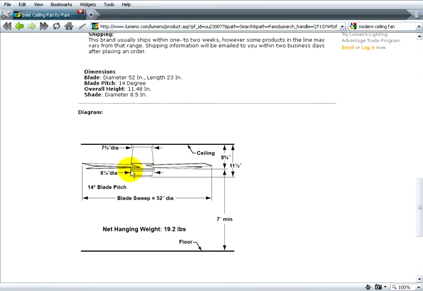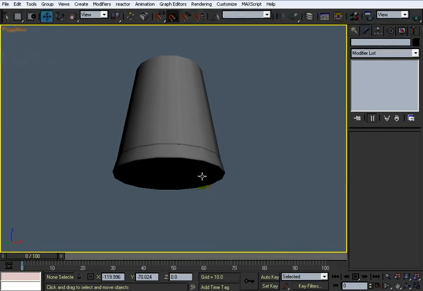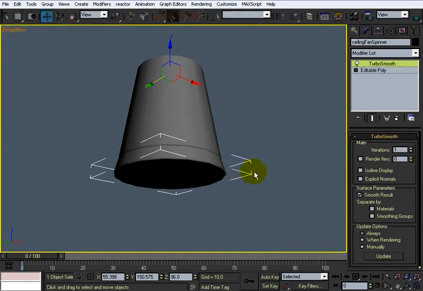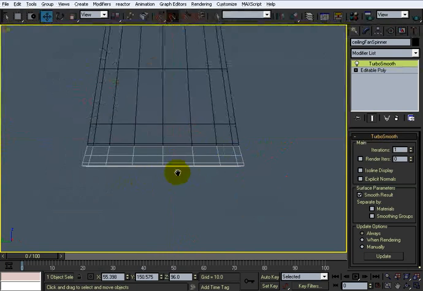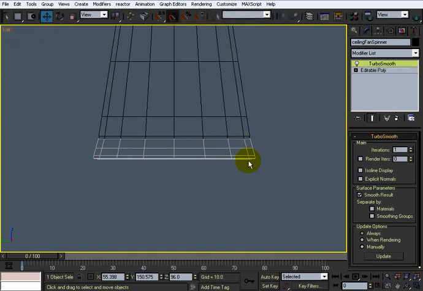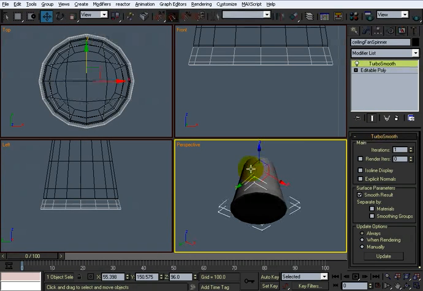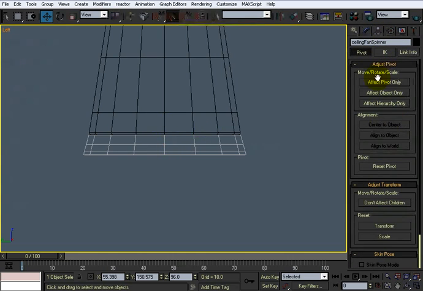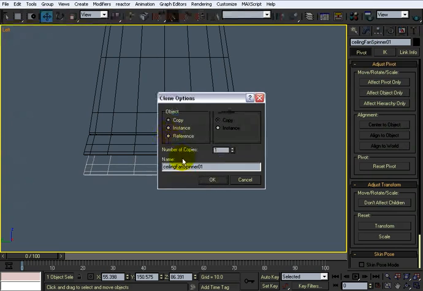This is a little flat piece that goes down right here, a little squashed piece, and I can actually probably use this little spinner thing right here. So I'm going to go back into this view, and let's just center the pivot on it and shift drag a copy down, and we'll call this little thing